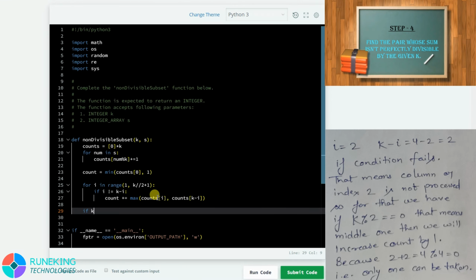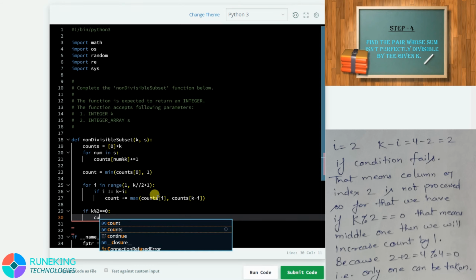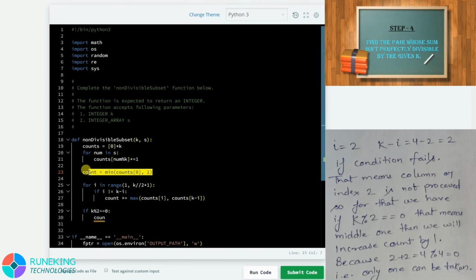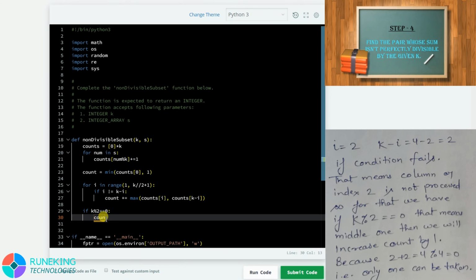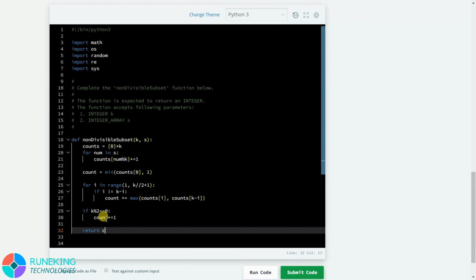So we will use if k modulus 2 equal to 0, then again we will increase our count by 1, with the same logic that we used for the initial one, that is counts[0]. That means we can take only one element, not all the elements. So we will increase count by 1, and at last we will return the count.